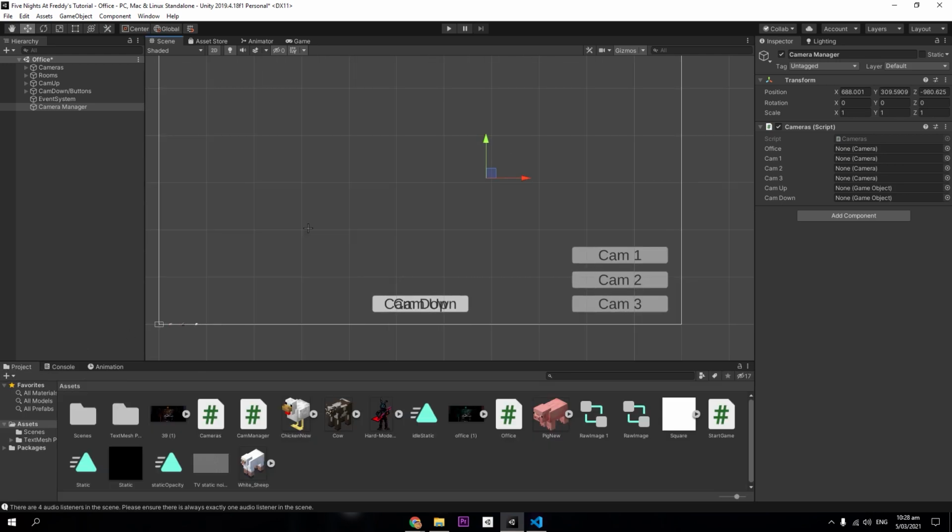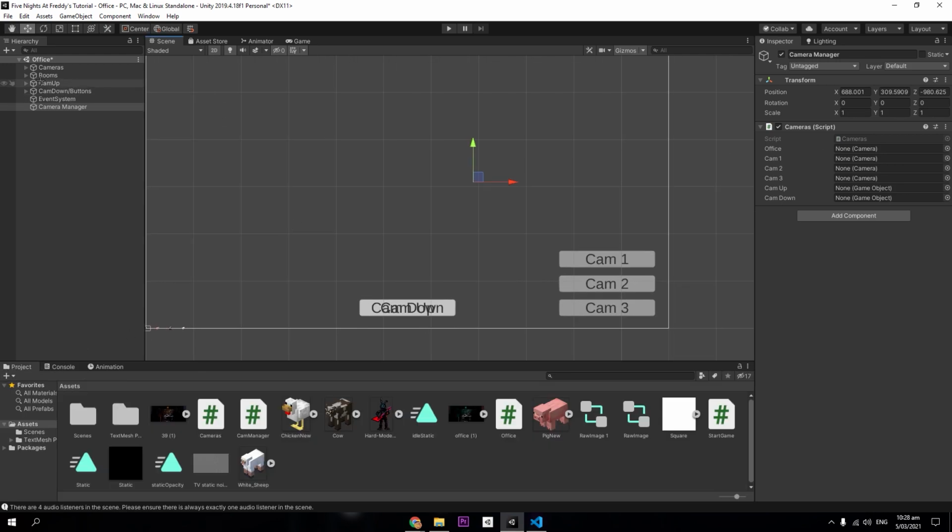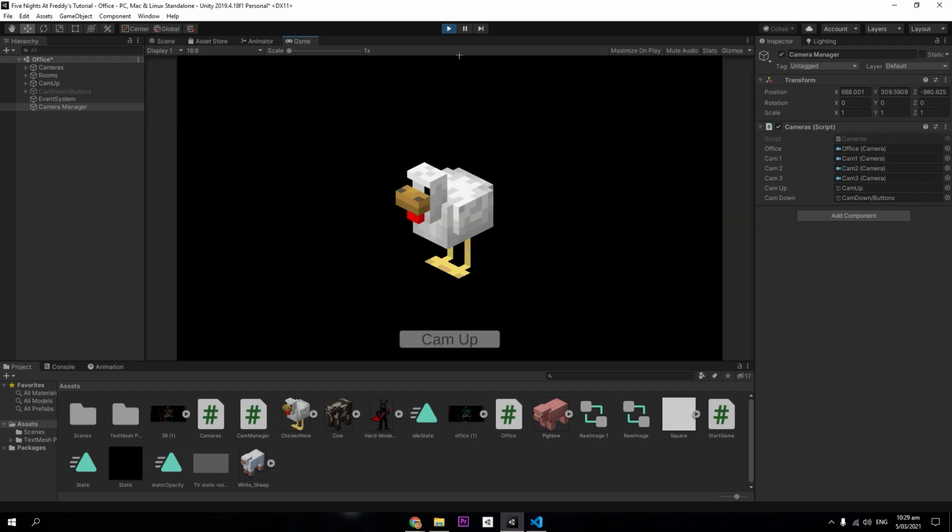And now what you want to do is in your camera manager, go into your cameras, drag your office camera into office, cam 1 into cam 1, so on and so forth. Okay, and now for your cam up game object, drag in your cam up canvas and cam down buttons into cam down. So when you click play, you should see we're in our office right now. We click cam up. We click